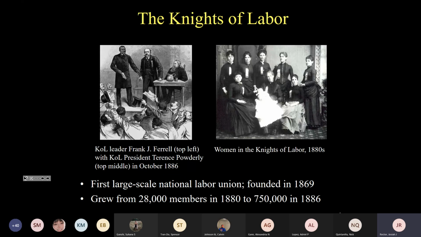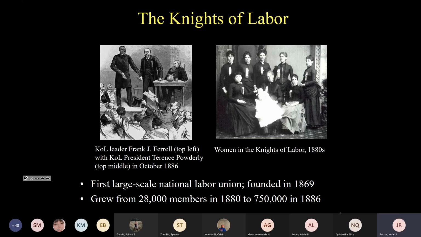Workers didn't only go on strike, they also formed the largest union organizations ever seen before in American history. The most important of these during the Gilded Age was the Knights of Labor. So the Knights of Labor provides a good window into how workers were organizing in new ways during the Gilded Age. They started out, like many of the old pre-Civil War unions, as a kind of an artisans guild of skilled workers. So in 1869, they were founded by Philadelphia garment workers, led by a man named Uriah Stevens. But he would be replaced in 1879 by Terence Powderly, who was the mayor of Scranton, Pennsylvania.